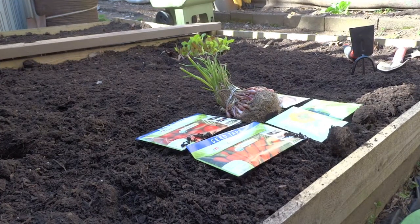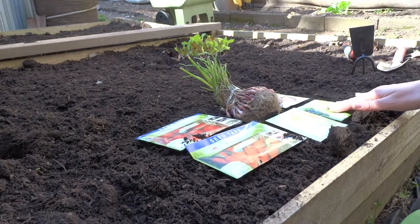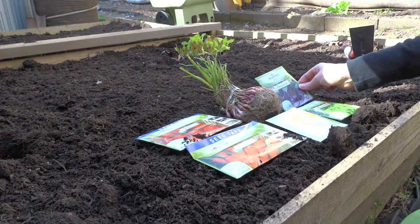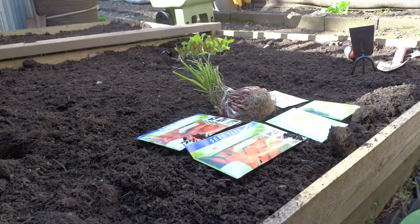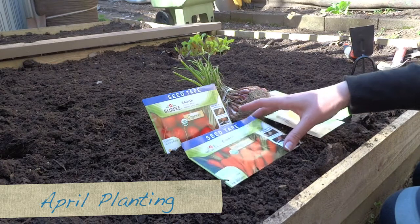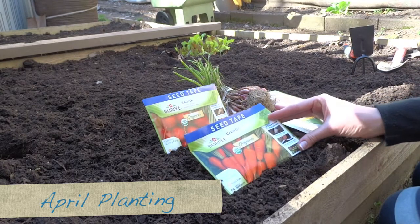So today I'm going to be planting radishes, carrots, sunflowers, sweet peas, and Dark Detroit Red beets, as well as some onion sets, which I actually purchased yesterday. So basically this year I decided that I was going to give these seed tapes a try. I never actually used a seed tape before, but I thought it would be kind of interesting to see how